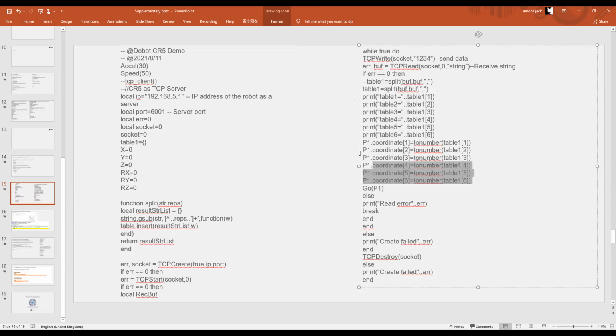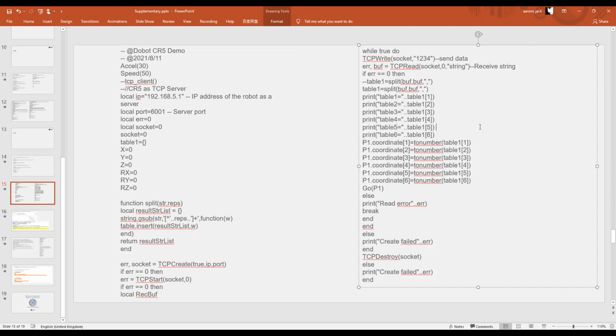In this demo, I used PART1 to get the data from the camera. For example, if we go to the right position, PART1, and after we get the data from the camera,